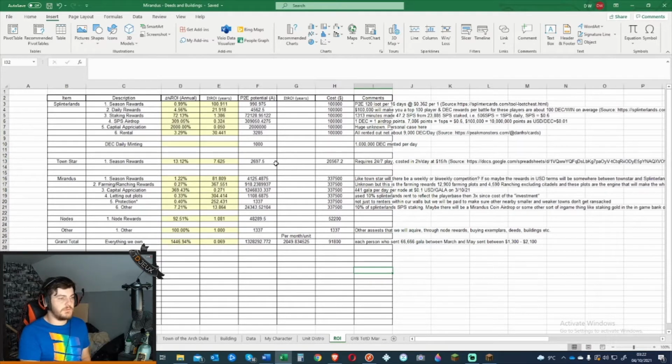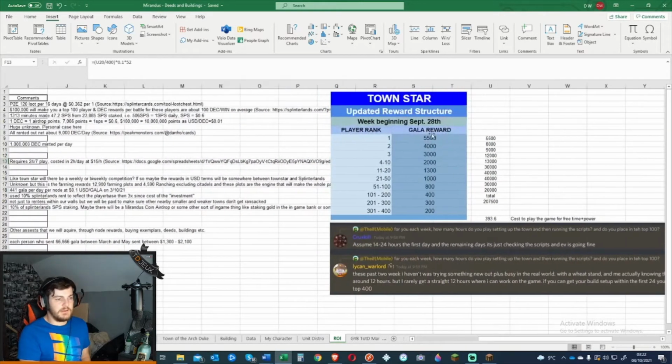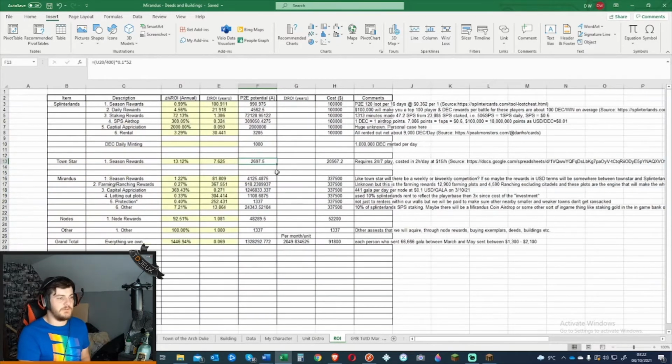TownStar, the way it works right now, you've got a competition. The amount is this amount, and on average that amount of Gala equals this amount of dollars per year, assuming that you can actually place an average in the top 200, which is relatively easy from what I've understood. The game doesn't cost a lot in terms of NFTs, but it does cost a lot in terms of time and